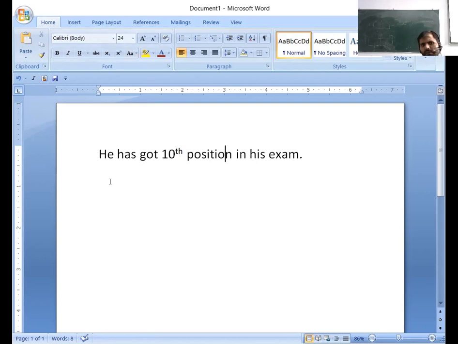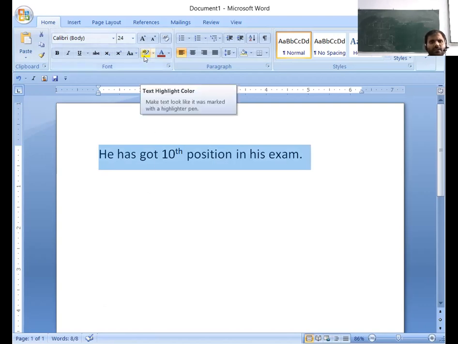So if I want to highlight my text, then I have to select the text which I have typed in my document, and choose the highlight option. As you can see, the text highlight option is in the font section.